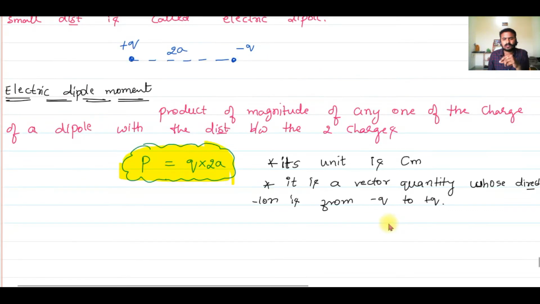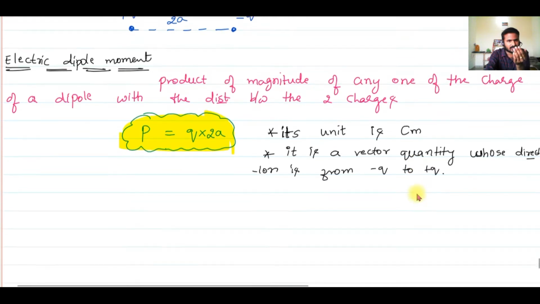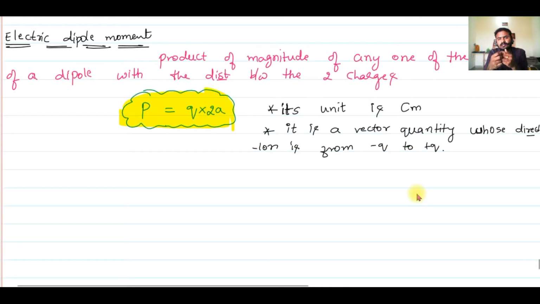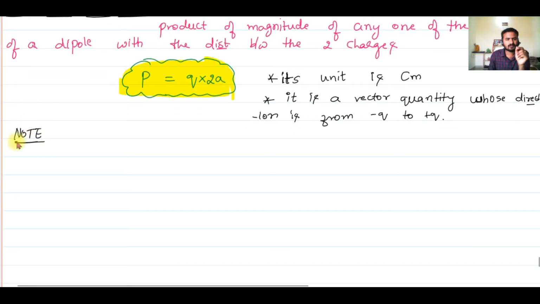Now they can ask you a question on this, finding a resultant dipole moment due to electric dipoles. Since I have told you it is a vector quantity, how do you find the resultant? You cannot just directly add the dipole moments. You have to find the resultant. Let's take a small sample problem on that. Let me write that under note. Let's say they have given two dipoles, or a charge arrangement like this.